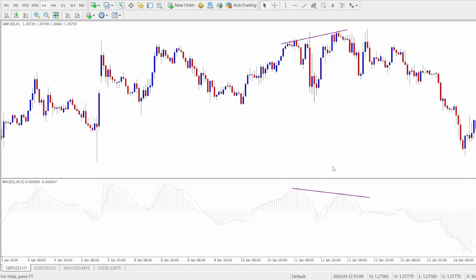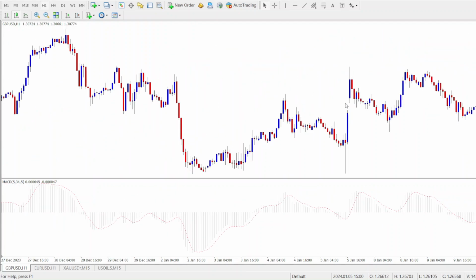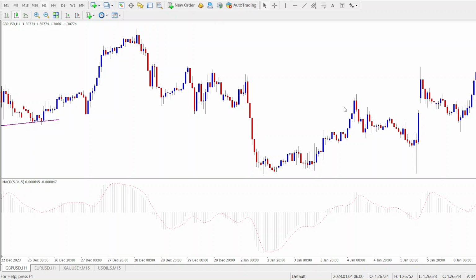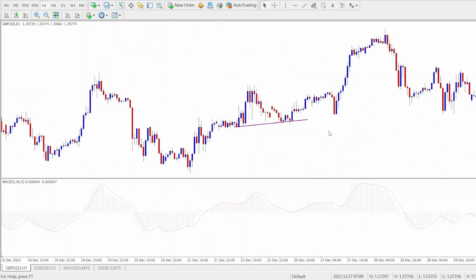The price is making higher highs, the indicator is making lower highs, showing that the bullish move is probably coming to an end. And then for the hidden divergence, the price is making